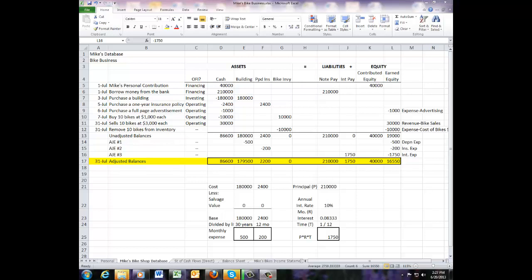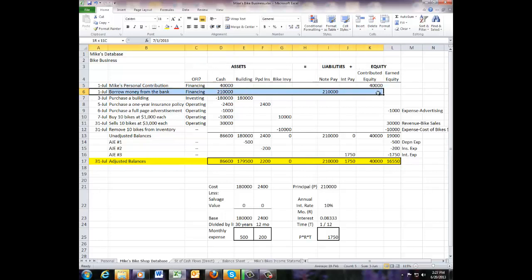Welcome to Lesson 5, Preparing the Statement of Cash Flows for Mike's Bike Business. As you can see on the screen, the original database for Mike included Mike starting his business by putting in $40,000 from his personal savings account to finance his business. He then borrowed some more money, so he now has cash of $250,000, both of which are classified as financing